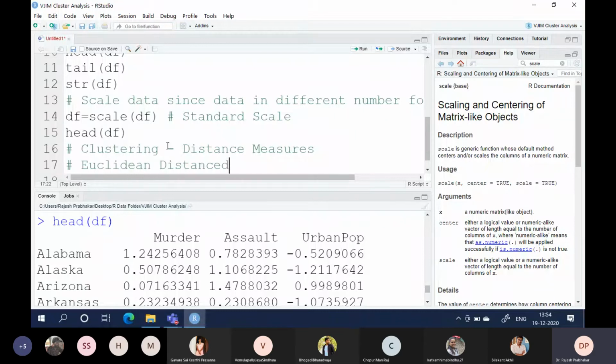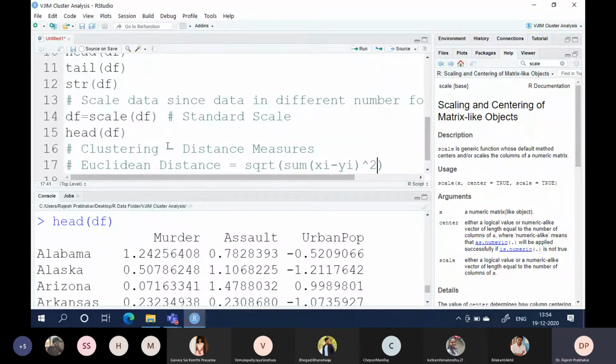Euclidean distance is the square root of the sum of (xi minus yi) to the power of 2.